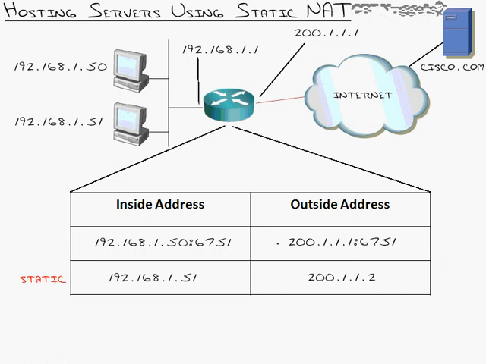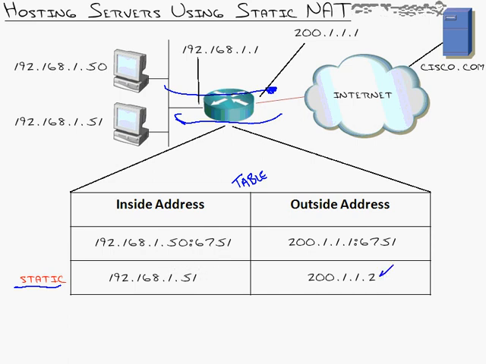Static NAT is usually combined with NAT overload. NAT overload provides outbound access so normal people can just surf the net and whatever else they need internet access for, and static NAT is used for the internal servers. So what I did was show you the NAT table right here, and you can see this top IP address is still doing some form of NAT overload. You can see the source port number is going through and being translated. And the bottom one has a little static entry here saying I have statically mapped